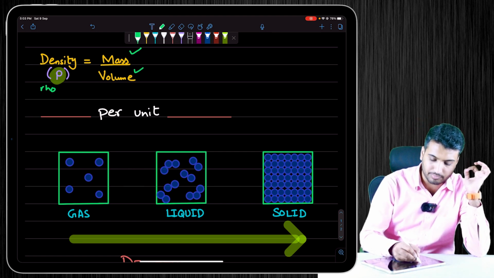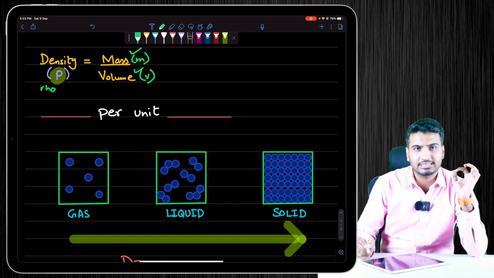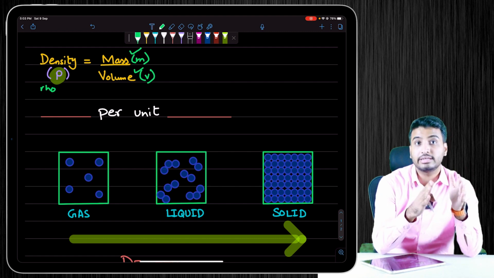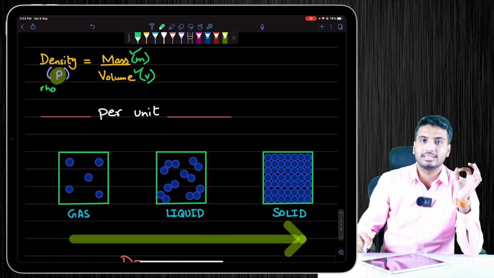Mass is represented by small m and volume is represented by small v. So, the formula for density is mass over volume. Now, to convert this formula into the definition form, density is defined as